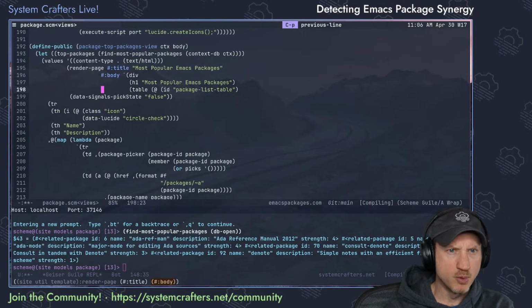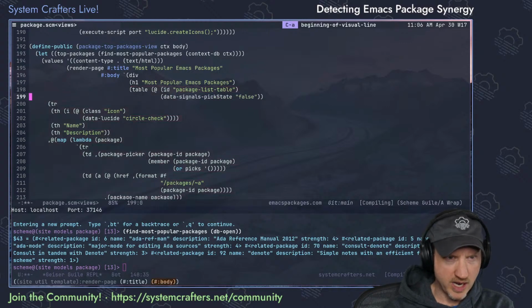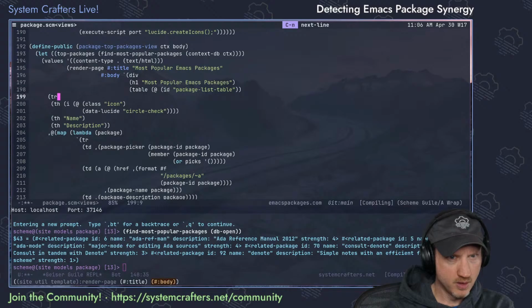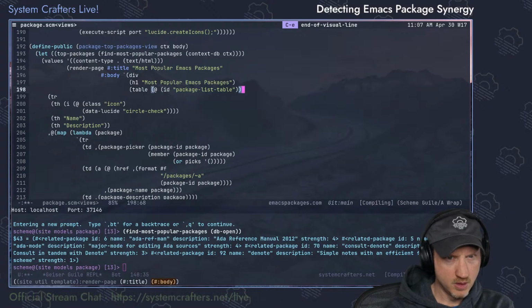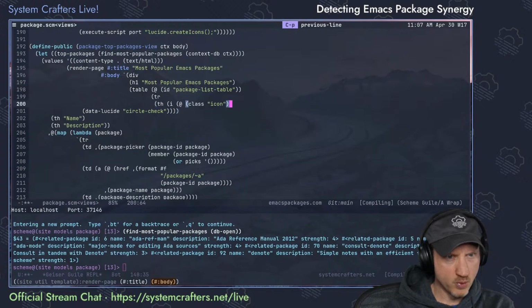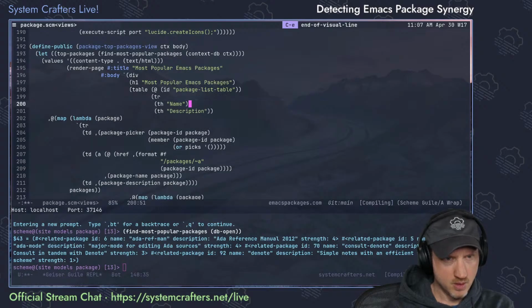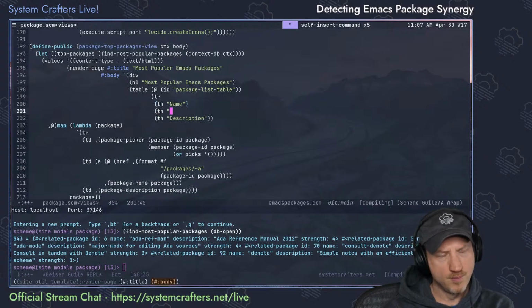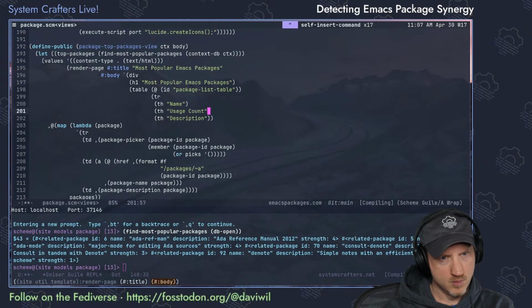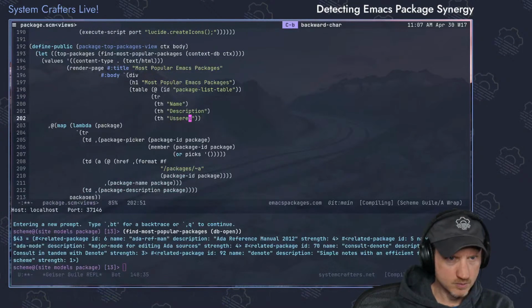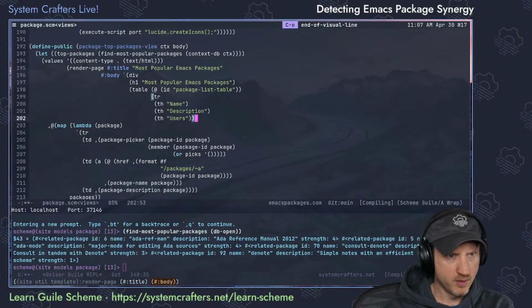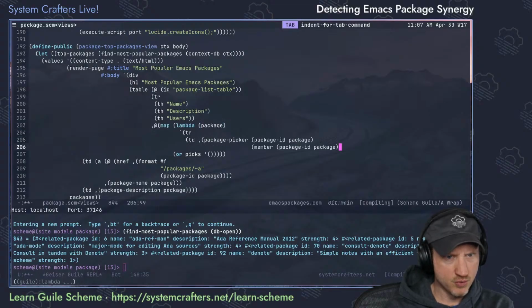All right, so table. We're not going to put any signals in here. Package list table. All right. Table row. We're not going to do the icon. Or let's just say users. Okay, that's the headers. And then for each row,